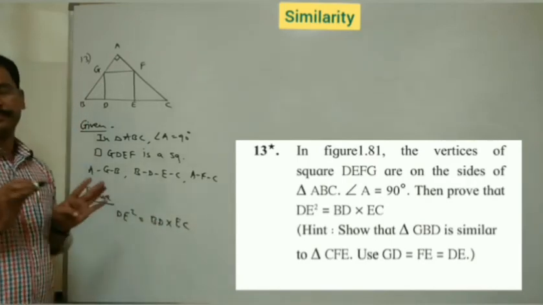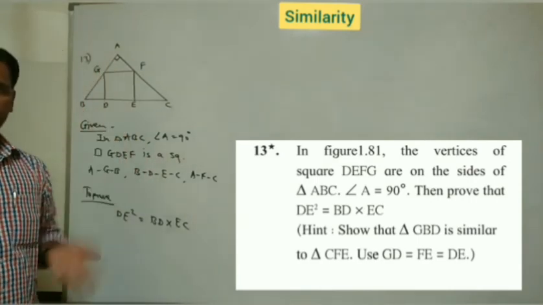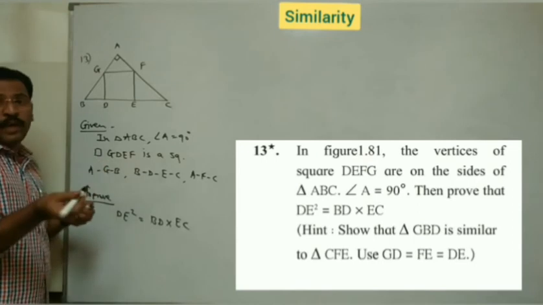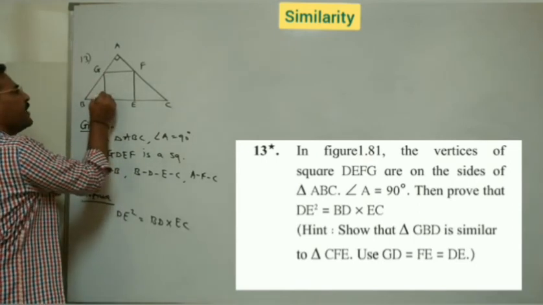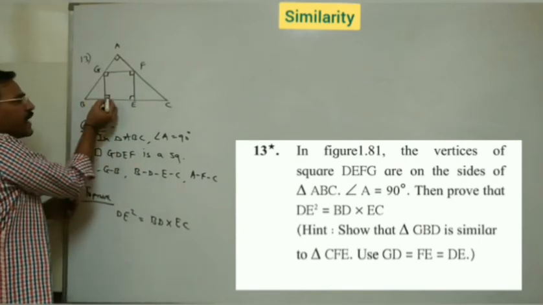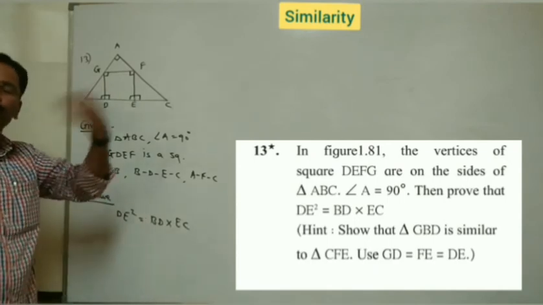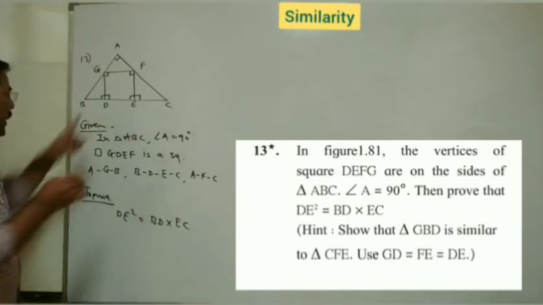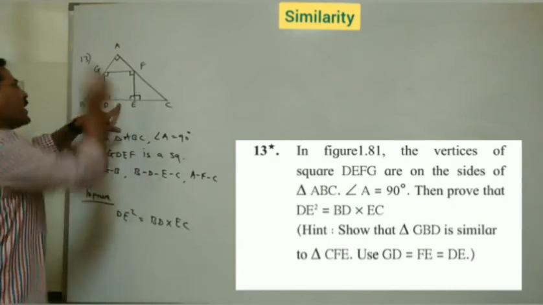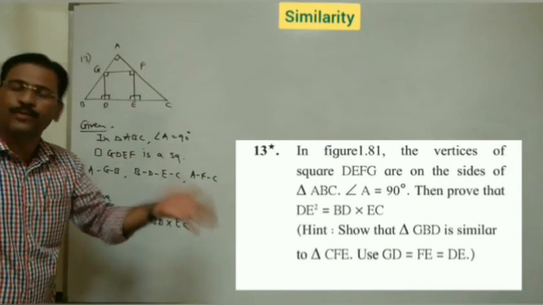Look friends, just observe here what we are going to prove and how. See here, because it is a square, we know in a square all angles are right angles. I write every angle is a right angle. Okay. If this angle is 90, so obviously here also. Understand? Like this we have to think here. See here, DE, which is a side of the square, means instead of DE you can take GD, GF, FE. All sides are the same in a square.